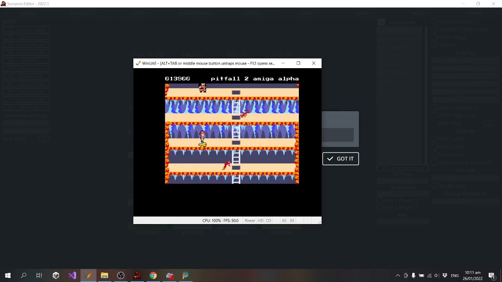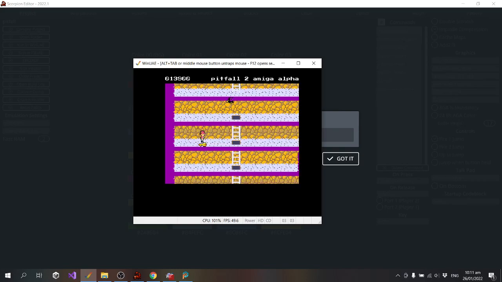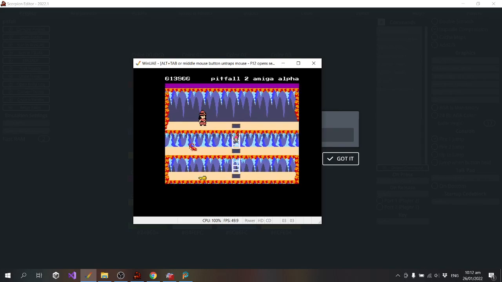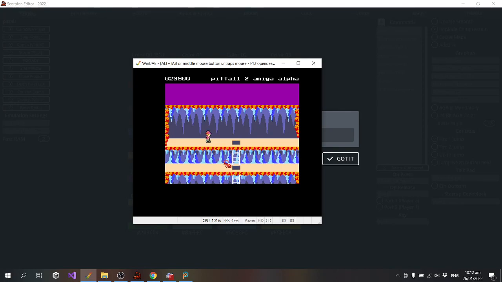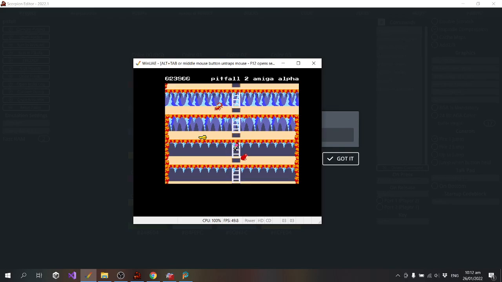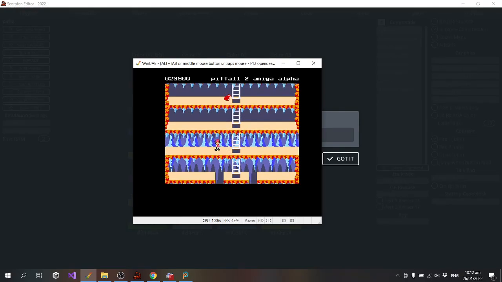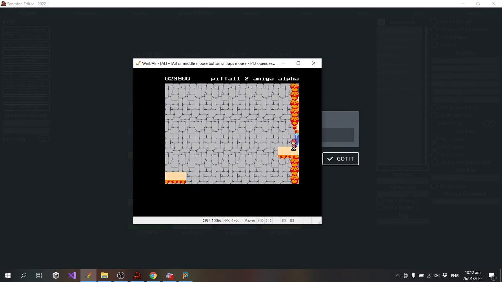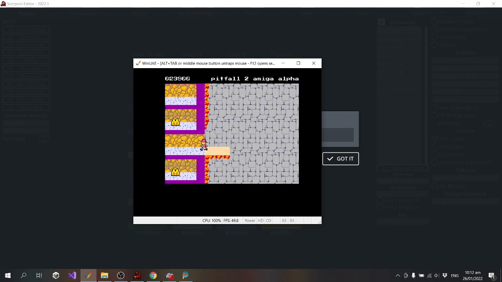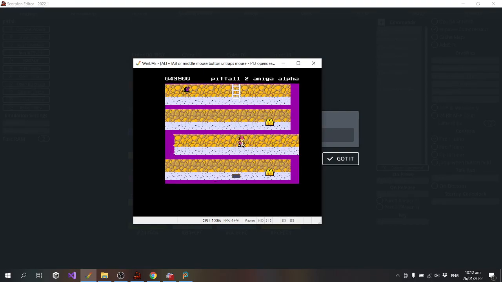Oh, well, I'll just check that the end game animation still works. So if I go up here, and then if I go down to there, I think if I jump off there, I get that. Yep. Okay, so that's the animation that it plays when you've gotten everything. So that's basically the end of the game. That works okay.